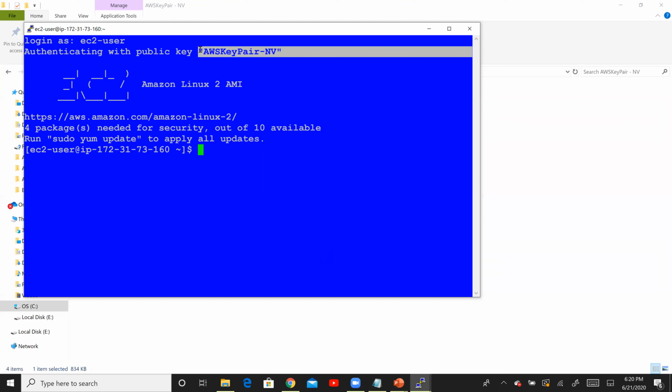Okay, so I hope that this particular tutorial was helpful. In case you want to change your key pair or you have lost your key pair, this is one of the easy ways to get it changed. Of course, in my case, it was much simpler because I had the same user. But if you have different users, then it gets a little more complicated, and of course, you have to take care of that.